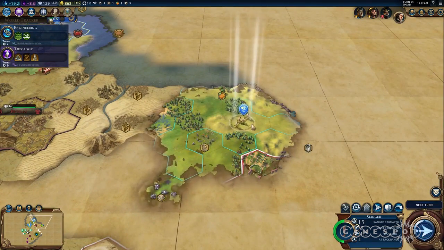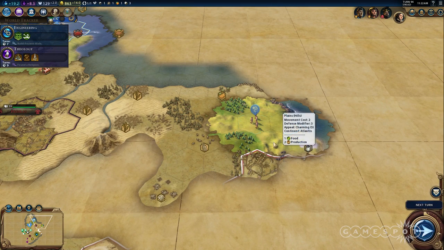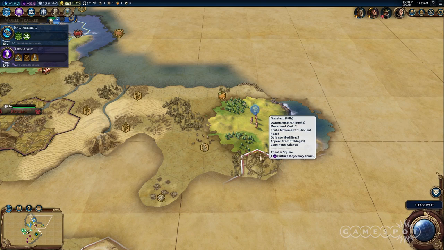Awesome. So those were just some of our main takeaways of Civilization 6. There will be a lot, I'm sure, of new content down the road. The game comes out October